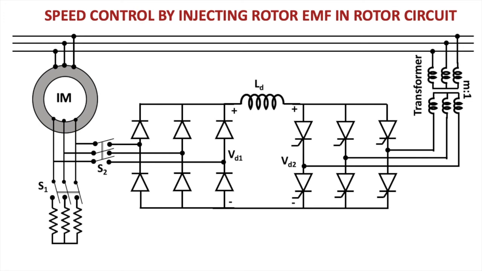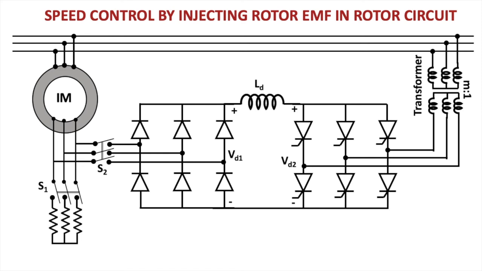Induction motor is given the three-phase supply. From the rotor you have got the slip ring arrangement, because this method can be also applied only to slip ring induction motors. You start the motor with the help of the external resistance, but later on you start the control, and when you start the control, the switch S1 is opened and S2 is closed. So when you close the S2, how do you inject the circuit? The transformer transforms the supply voltage to the level of the induction motor.